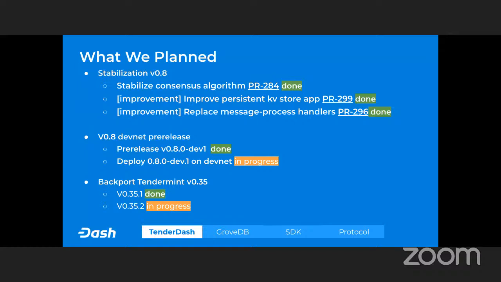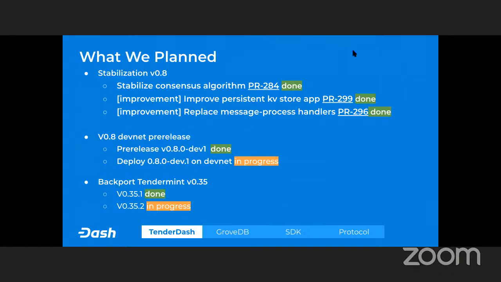The role of Tender Dash is to ensure that each node on the network can see the same state, so that the drive can communicate with Tender Dash, save some information in some state of the drive on its local node, and this information is propagated to all the other nodes in a reliable way.